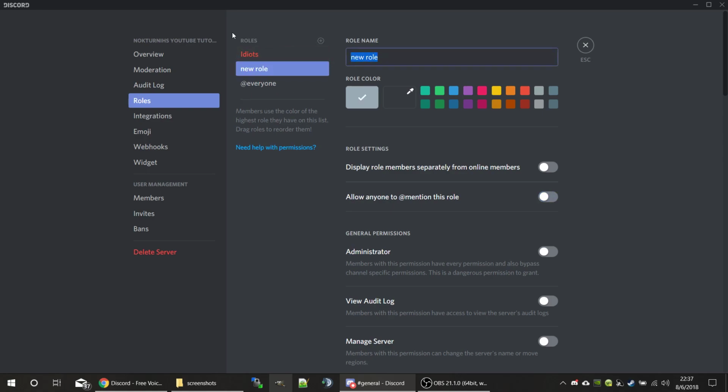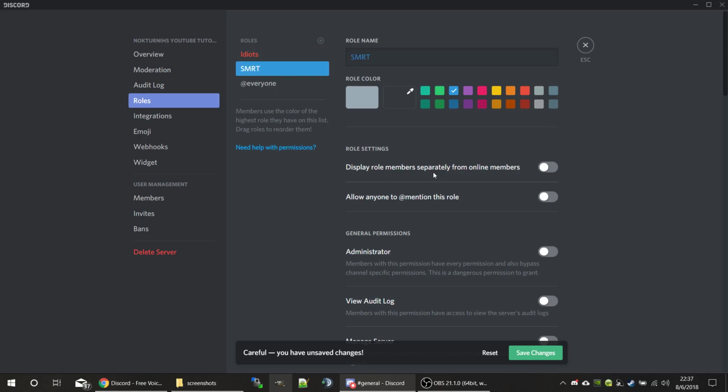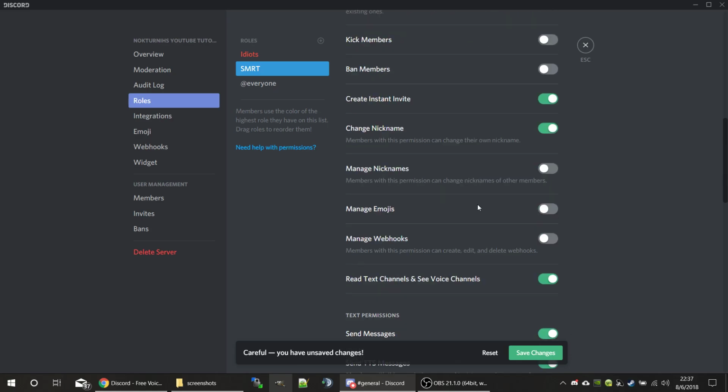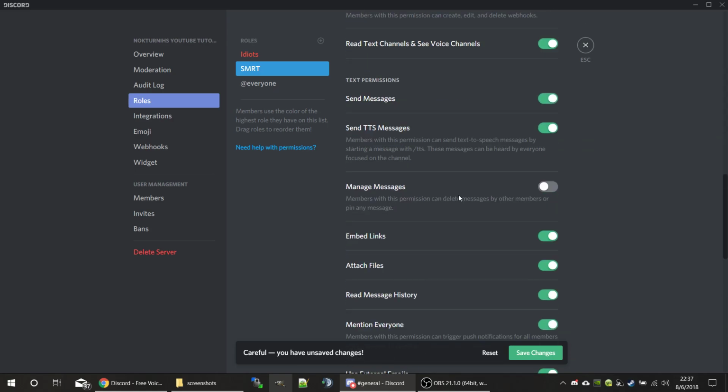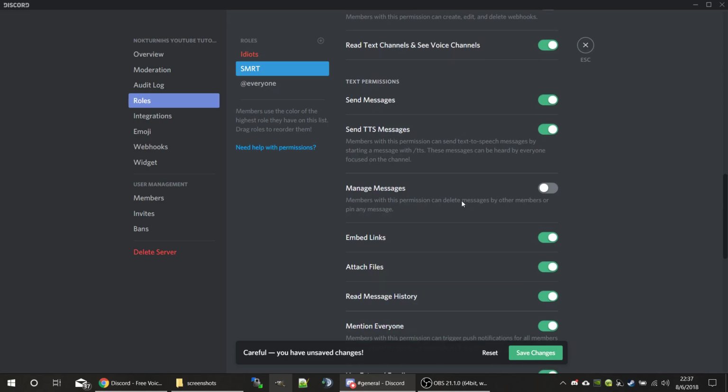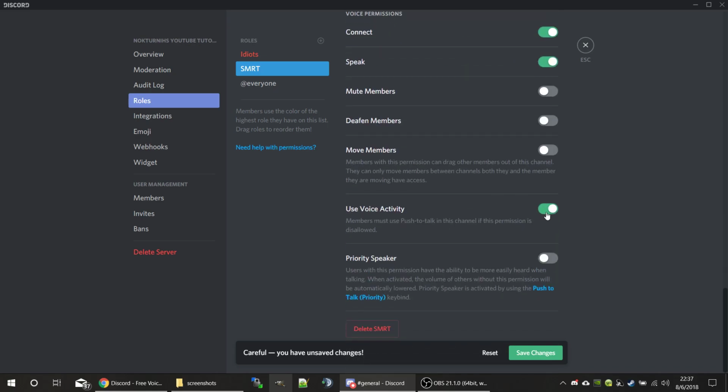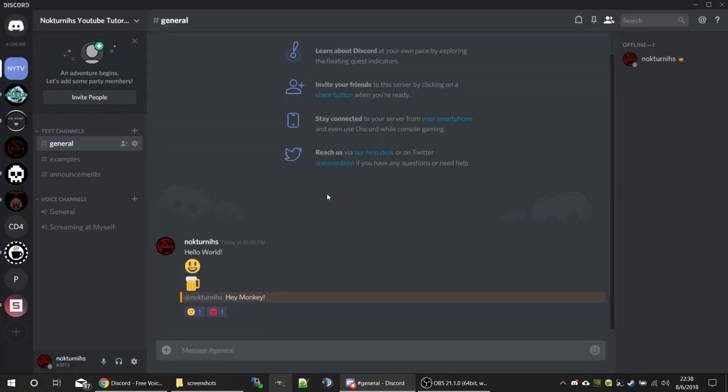So now let's add another role. Smart people. SMRT. They're going to be blue. And we're going to give them the ability to do priority speaker and move members. Cool. So now when we look,